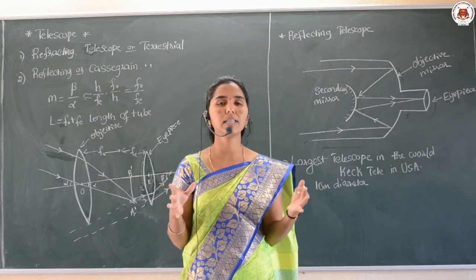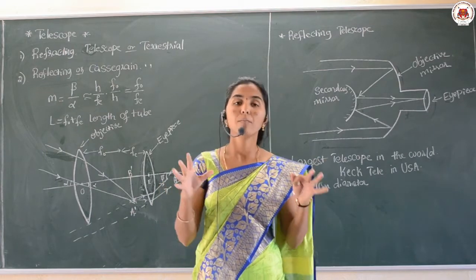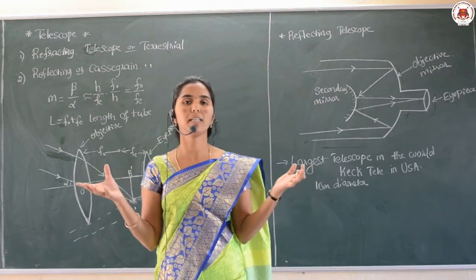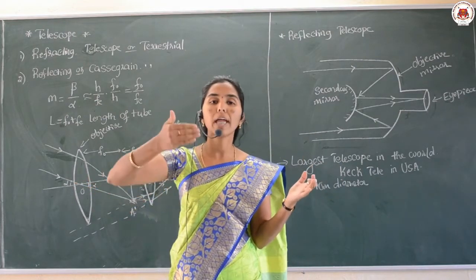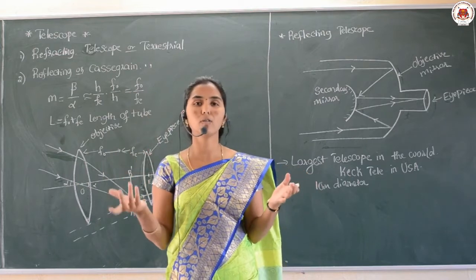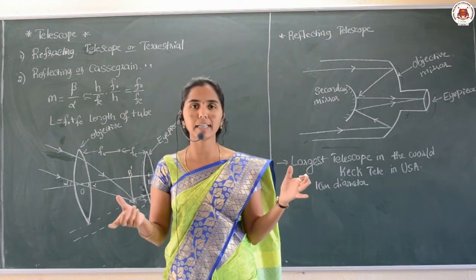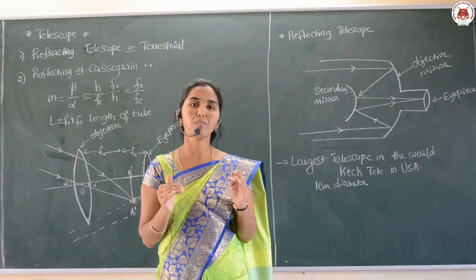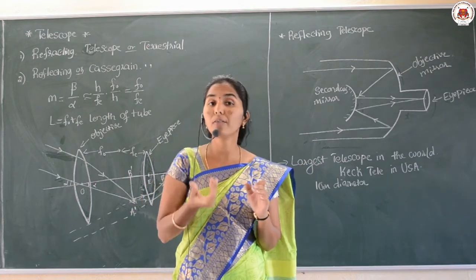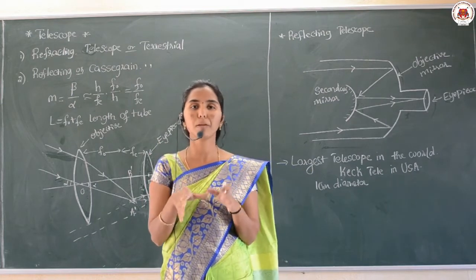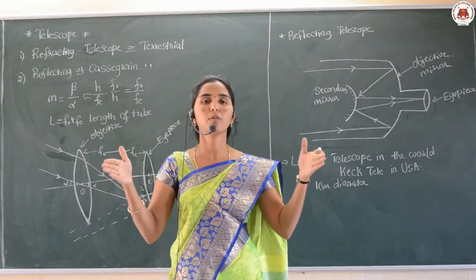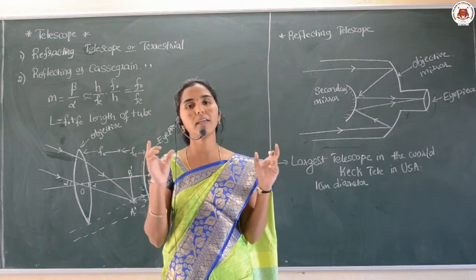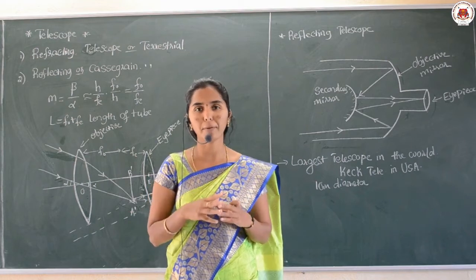So like this we discussed. And nowadays, to get quality images in the microscope, various types of lenses are used. They are arranged systematically so that their aberrations can be minimized. That means the defects present in the lens can be minimized, and many lenses can be used to get clear quality images. That is what happens now.